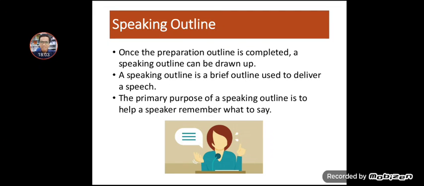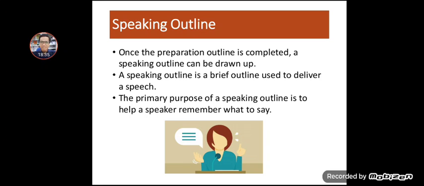Next is about the speaking outline. So once the preparation outline is completed, a speaking outline can be drawn up. A speaking outline is a brief outline used to deliver a speech. The primary purpose of a speaking outline is to help us as a speaker in remembering what we want to